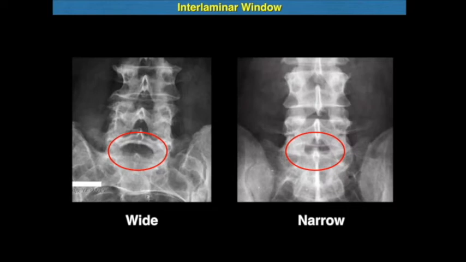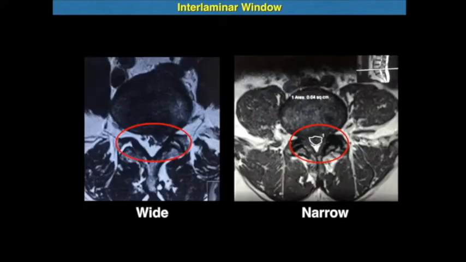In the second case, the facet joint usually covers the traversing nerve root, and in this case we have to drill the medial part of the facet joint with the help of an endoscopic drill till the lateral border of the traversing nerve root is identified, after which we can insert the cannula inside and retract the nerve root to access the herniation. These are actual MRI pictures showing both the scenarios.